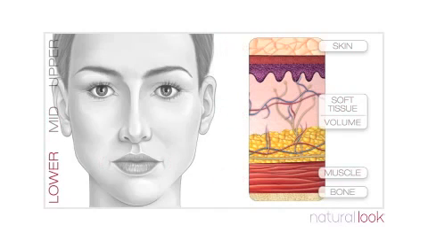In the lower face, loss of bone in the upper jaw reduces support to the lips and mouth. As with the other thirds of the face, soft tissue volume is also lost in fat pads, particularly around the mouth and in the lips. This, combined with repeated muscle action over time, such as pursing of lips, causes lines created to become permanent and